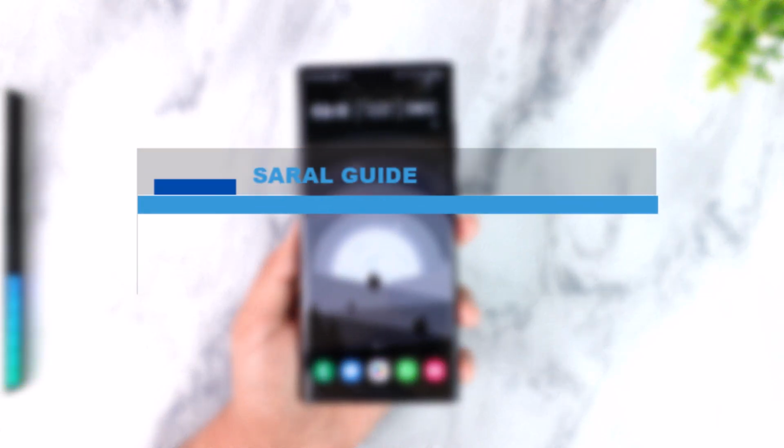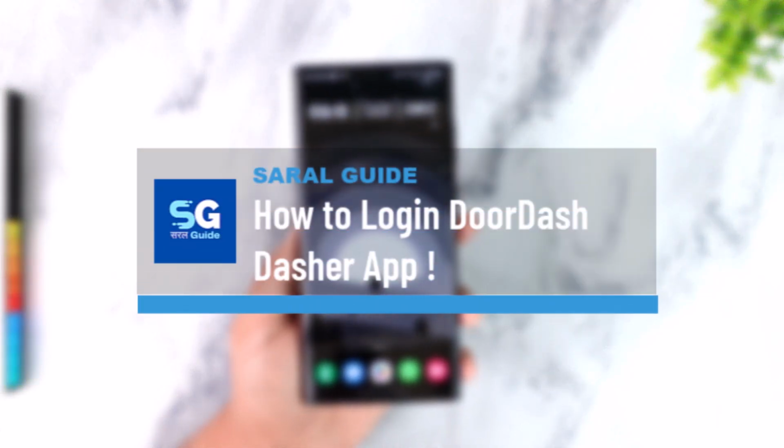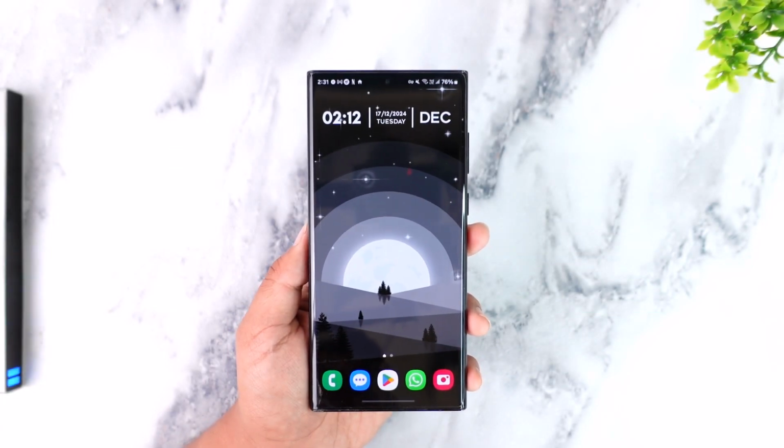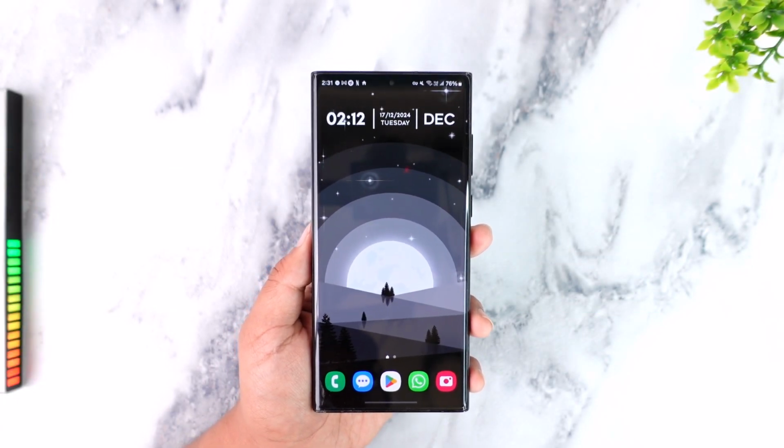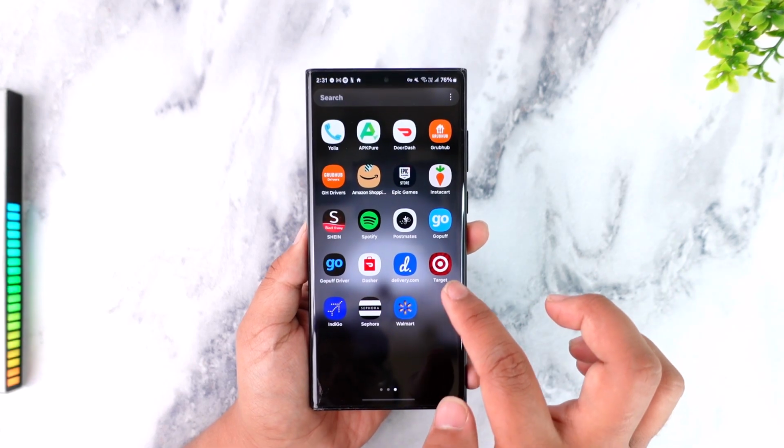How to log in DoorDash Dasher app. Now we are talking about the Dasher application, not the normal customer DoorDash app. So to log into your DoorDash Dasher account, all you have to do is go ahead and then first of